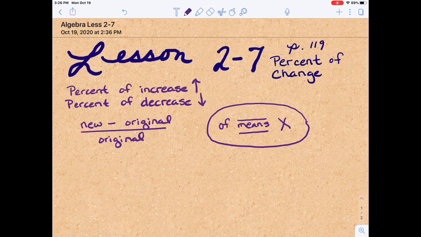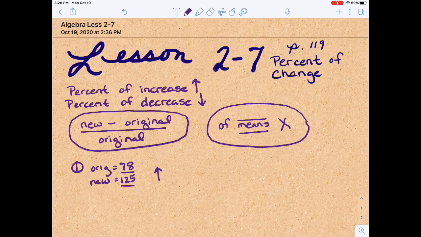If our original is 78 and our new is 125, and we are supposed to state whether each percent of change is a percent of increase or a percent of decrease, and then find the percent of change and round it to the nearest whole percent. Here's what we're going to do. You can tell that if the new is 125 and the old is 78, this is a percent of increase, right? We are going to do this formula right here,